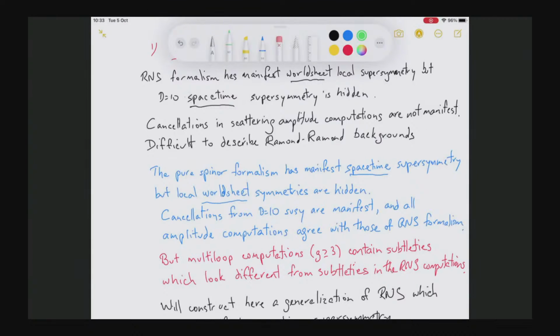So going beyond 3 loops: what has been computed up to now has been 3-loop computations using the pure spinor formalism, just the first term, the term at low energies. Going beyond that to get the full 3-loop amplitude is still an open problem. And of course, in RNS, one has only been able to go up to 2 loops. So although the pure spinor formalism is more powerful, one would like to do even better.